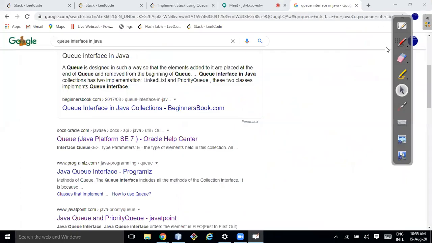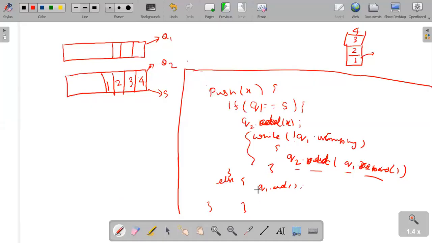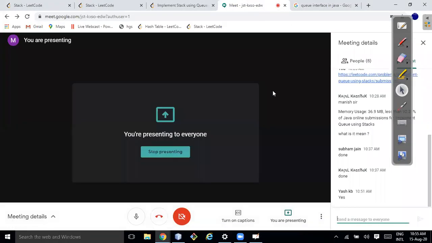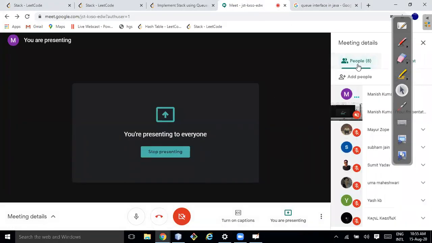Or any question? And anytime a pop operation is coming, you can do the operation directly on Q, right? Because Q is always pointing to the correct place. So you can pop from Q. If you peek, then you can peek from Q, whatever operation is there. I hope it's clear to everyone, right? Any question?